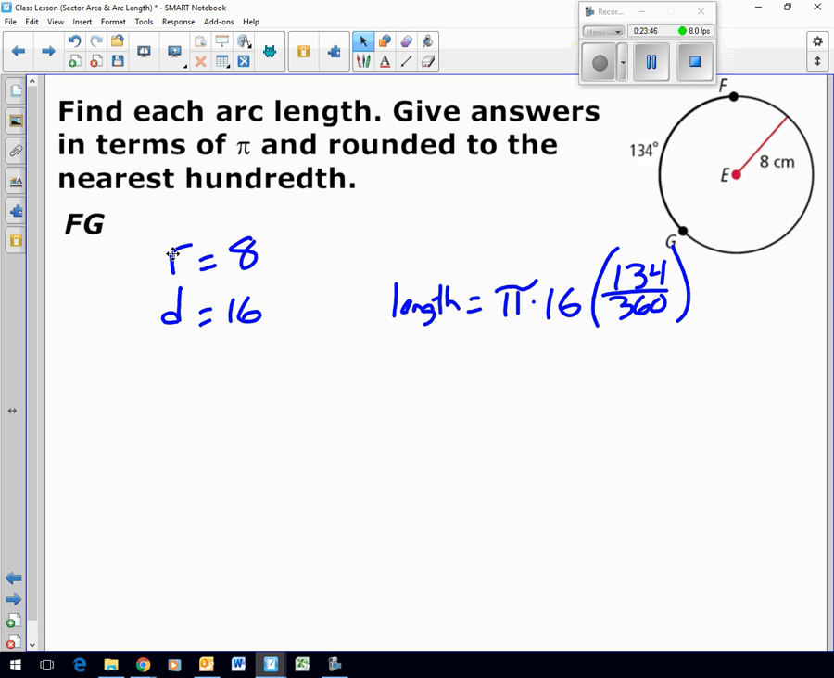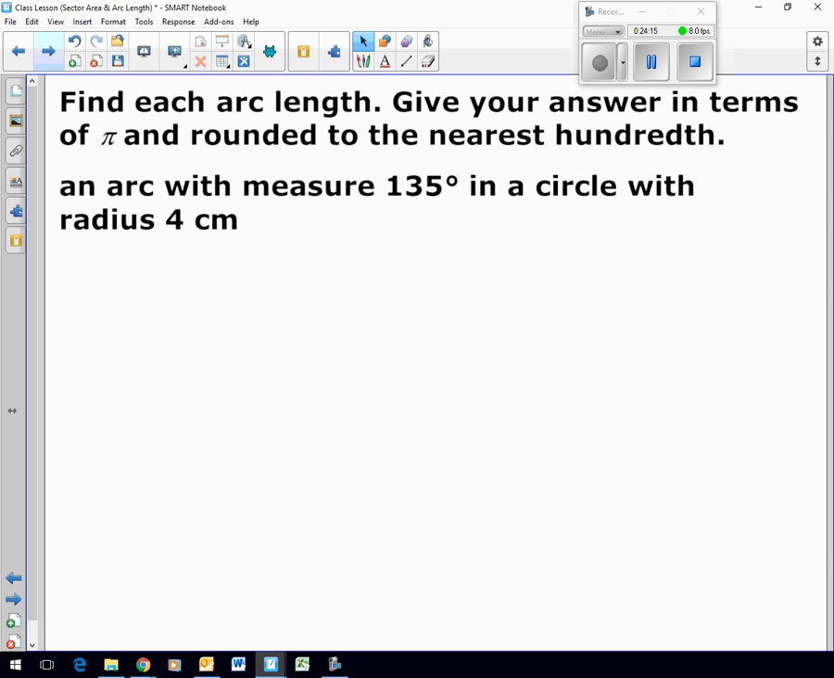Could you do the same thing, but just put 8 squared? No, it's the area. That's it right there, guys. Pi times 16 times 134 over 360. That'll give you the arc length. Okay? If it's 8 squared, that's the area. So you got to know the difference between length and area. Right? Length and area. Big deal. Okay. We are at the end of